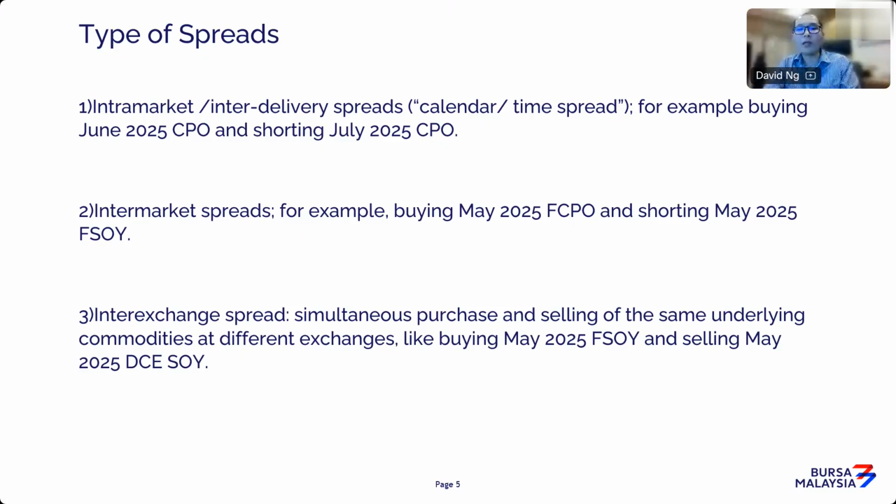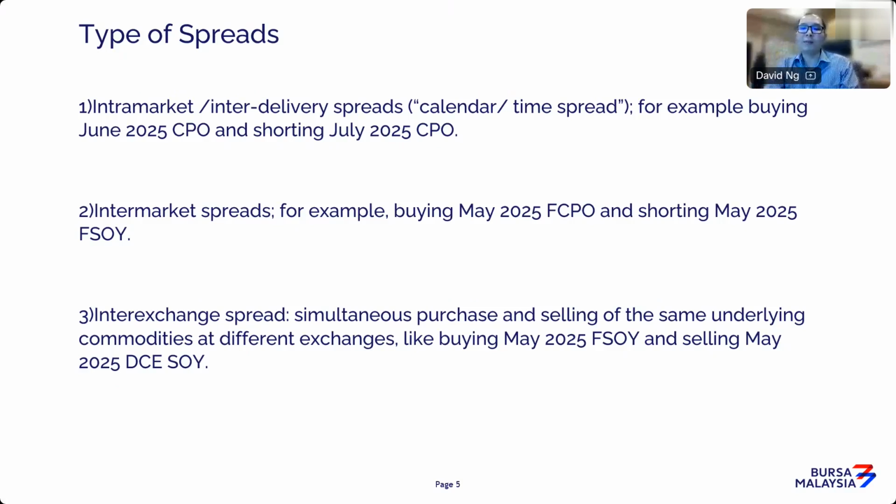Now, another type is what we call intermarket. A lot of traders also have access to this. In Bursa Malaysia Derivatives, we have a lot of listed contracts that are closely linked to the CPO market. Obviously we have the main one, which is FCPO. We also have the latest addition, FSoy contracts, which is based on the Thailand soybean oil contract. Keep in mind, palm oil and bean oil are closely related. There's also FIPO, an East Malaysia palm oil futures contract listed on Bursa Malaysia Derivatives. So you can do this kind of interplay.